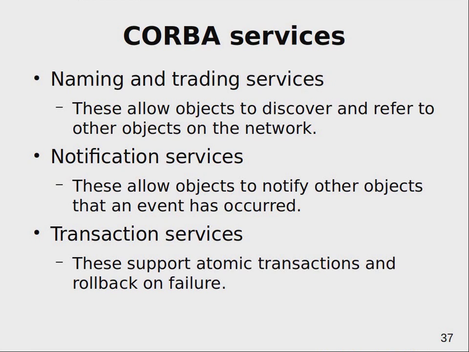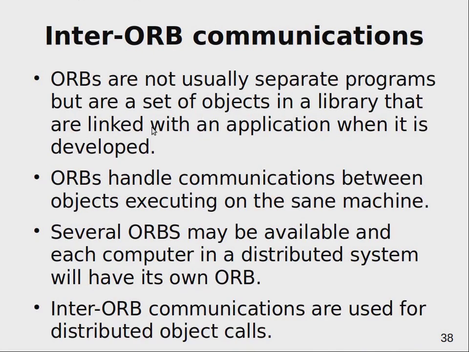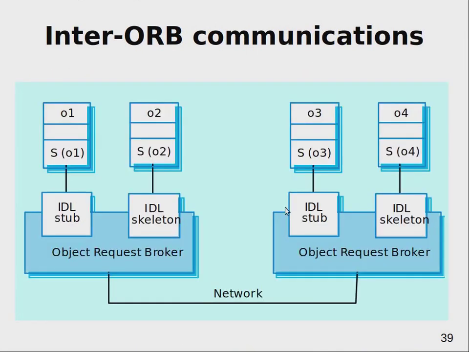So if you call for a particular customer using Corba, then you get particular customer for some system through this Corba request broker. So then they also introduced what are naming and trading services, notification, transaction services, how exactly this